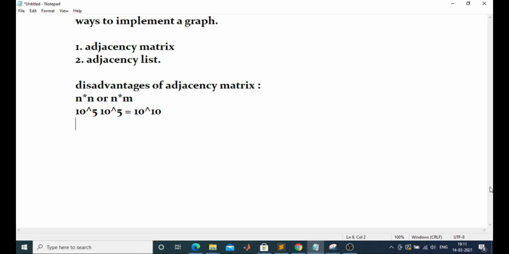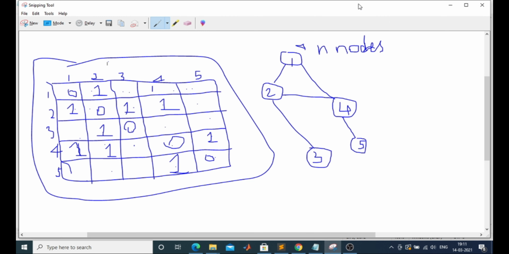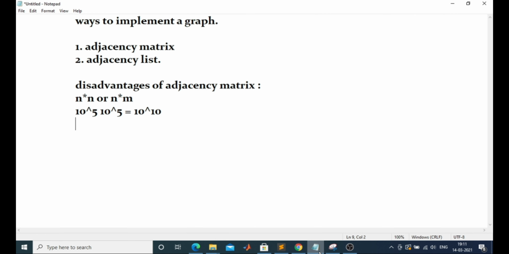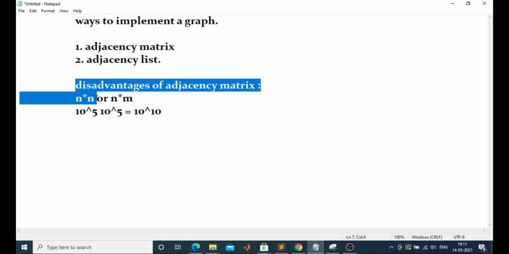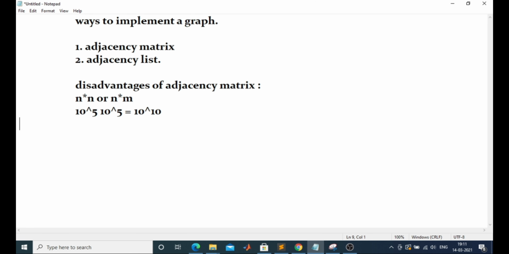Now you can also see the disadvantage in this. See, when 1 is not connected to 3 and 5, this space has been wasted in marking a 0. If we don't mark it 0, anyways it is fine. But marking it with a 0 is wasting my space, and I don't want to waste my space. So this is not accurate when we have n and m a very large value. This is its major drawback. Then we come to adjacency list.